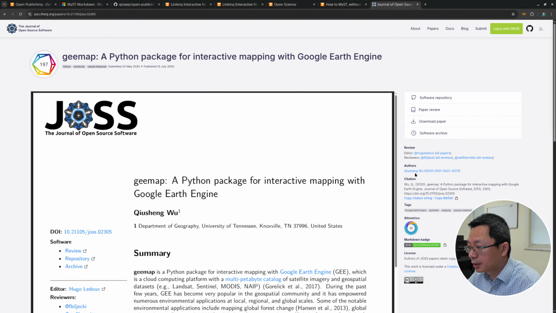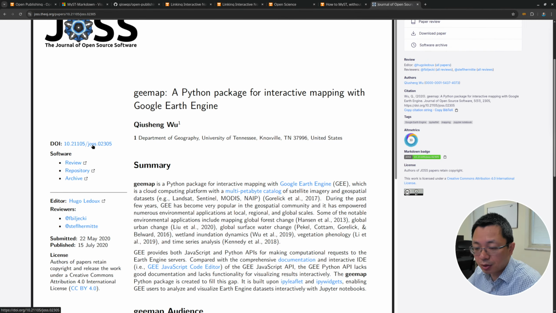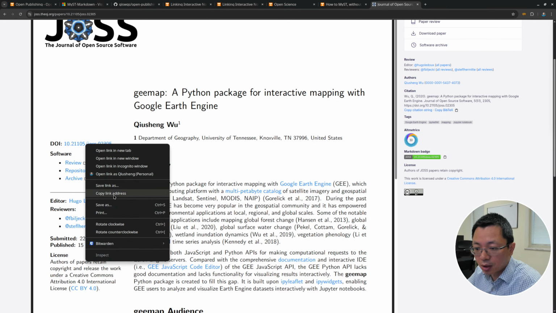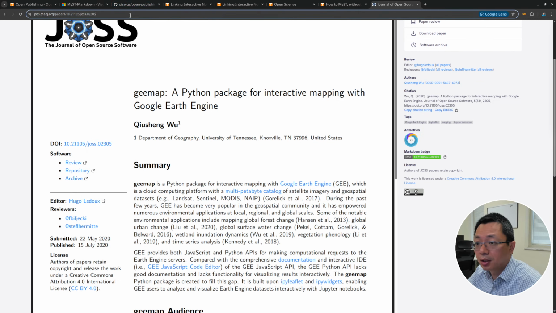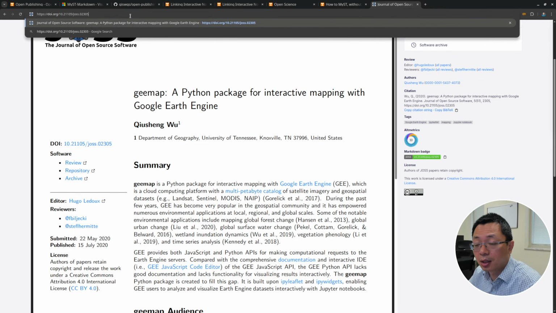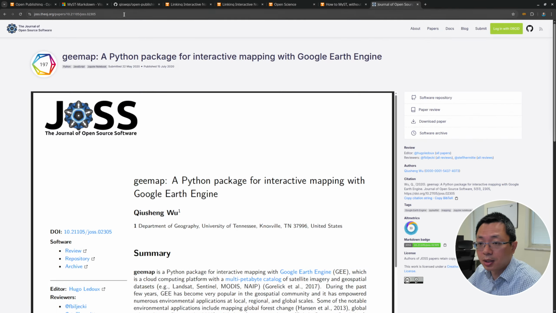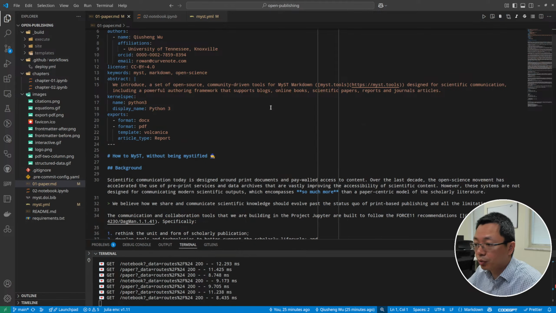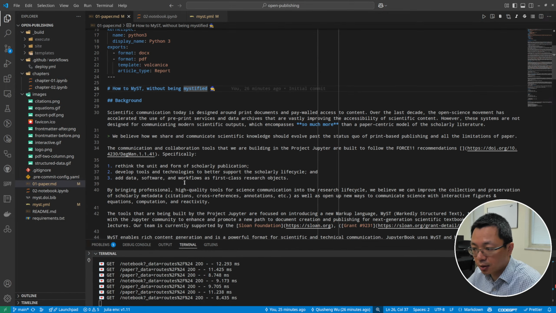It's going to take you to the website. So for this paper, we have this DOI. You can just find any DOI. I'm going to right click and copy the link address. Okay. Then I can paste it into the browser. Make sure this one is correct. Okay. So it automatically redirects to the paper. That means it's working. So what we can do here is just come to somewhere inside the Markdown,